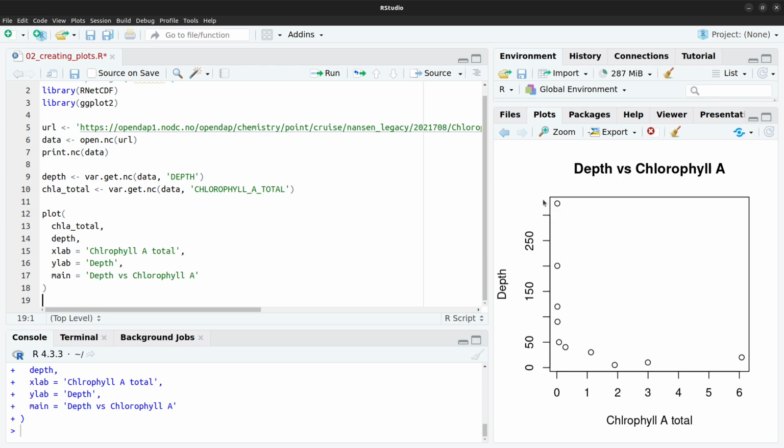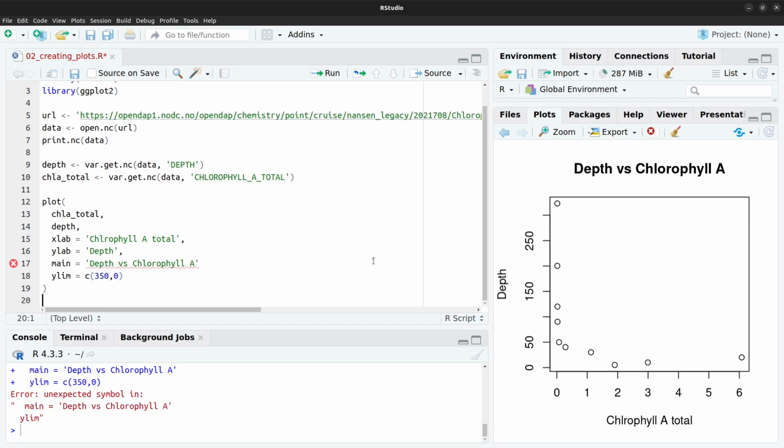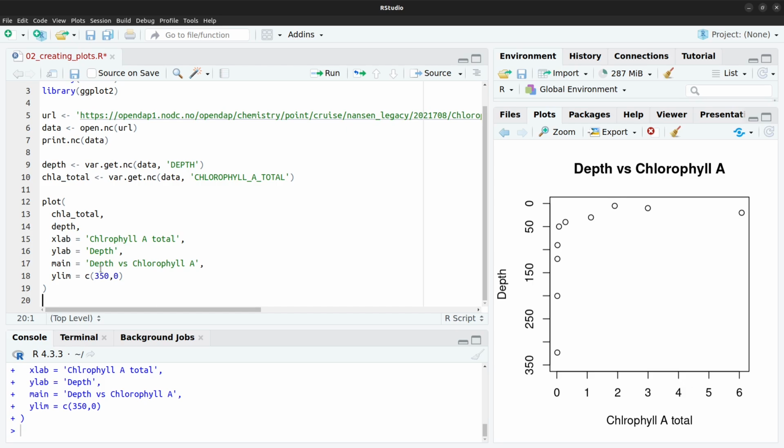Now our depth is kind of upside down. It'd be better if 0 was at the top and increasing depth going downwards. So we can do that. We can just set the limits, ylim, and make that equal to some list. Now, we can just put some manual values in here like this. And that will run just fine if I remember to include the comma. But we can also derive this from our data as well. We could do, for example, max depth,